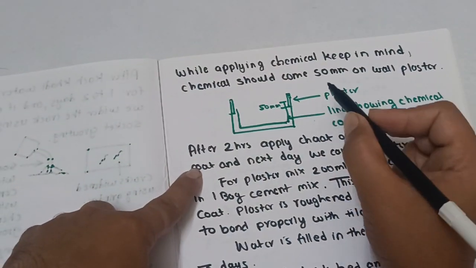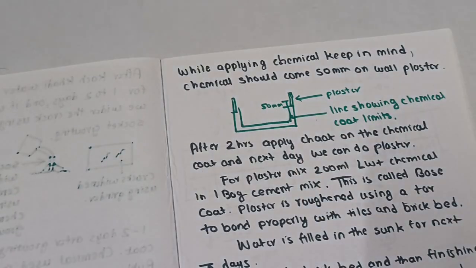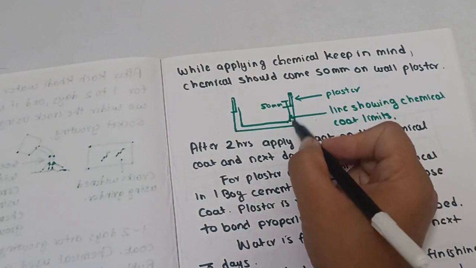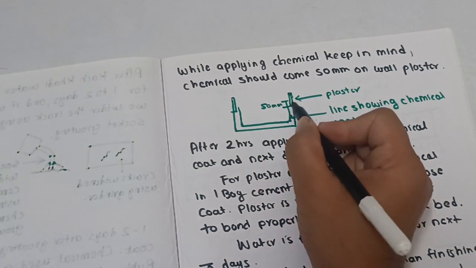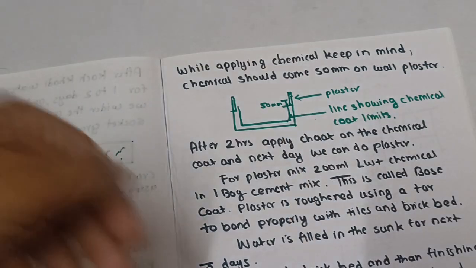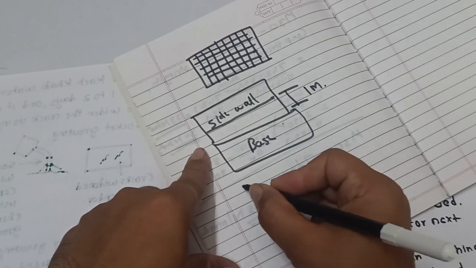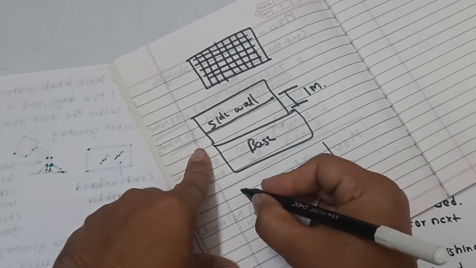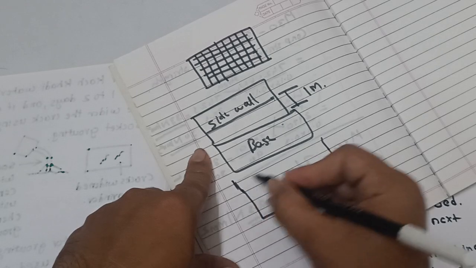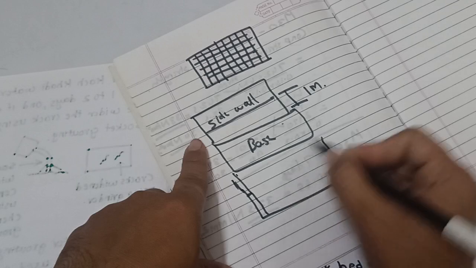While applying chemical, keep in mind the chemical should come 50 mm onto the wall plaster. For example, this diagram shows 50 mm, like this is plaster, and this line shows the chemical coat limits. The chemical should overlap the plaster surface up to 50 mm. As we know, in WC and bath waterproofing, when we do plaster of the WC bath, 1 meter height